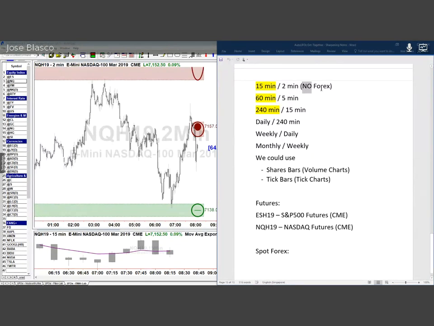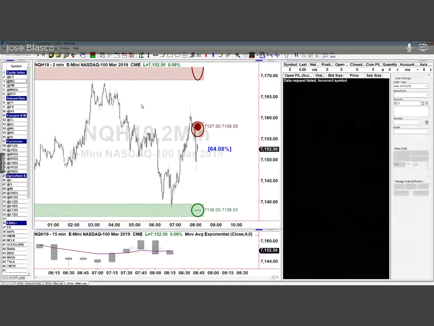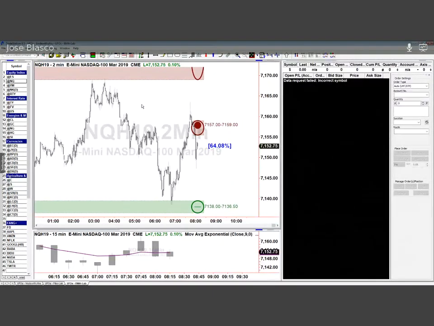This is not adequate for Forex trading. And the reason why it's not adequate is because Forex trading, spot Forex, is a non-centralized market, and different brokers may give you different quotes. So a 2-minute time frame is just a little too tiny. If you compare charts from 2 different brokers, you may see a little too much difference in the prices in a 2-minute time frame when it comes to what is the upper part of the UFO and what is the bottom part of the UFO.